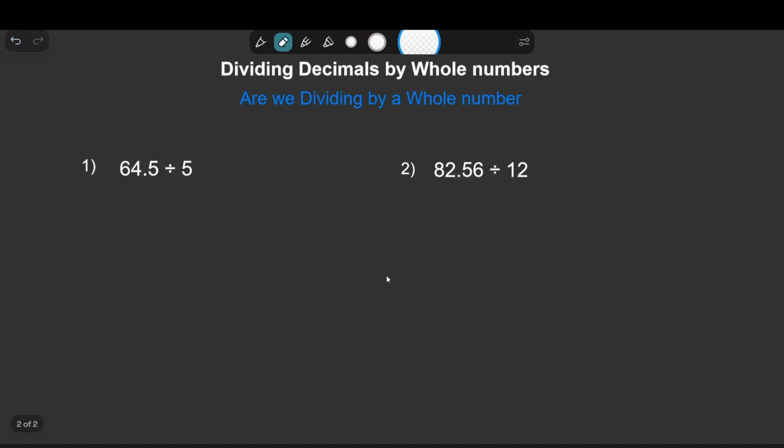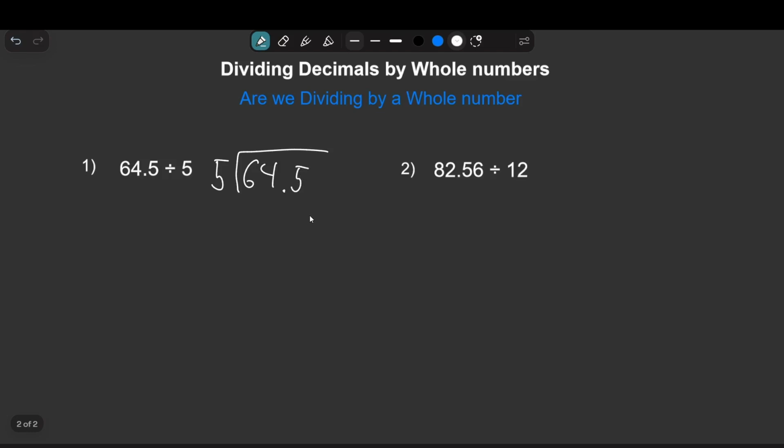So, let's jump into number 1, where we have 64.5 divided by 5. The first step we have to take is to set up the problem. So, let's set the problem up. 64.5 divided by 5. Now what we do is exactly the same as when we're dividing normally, but